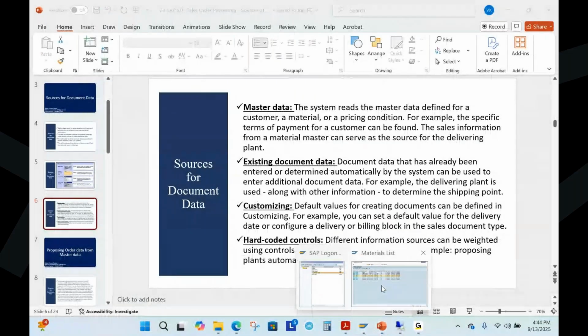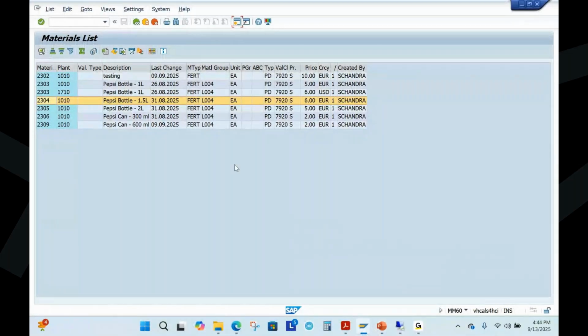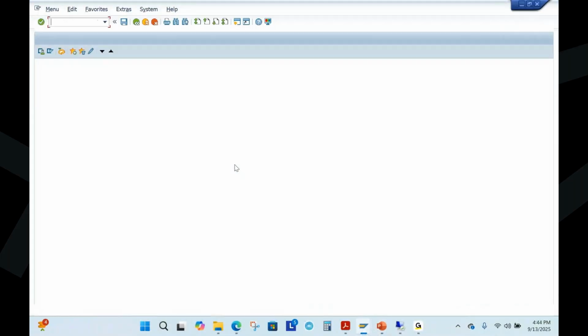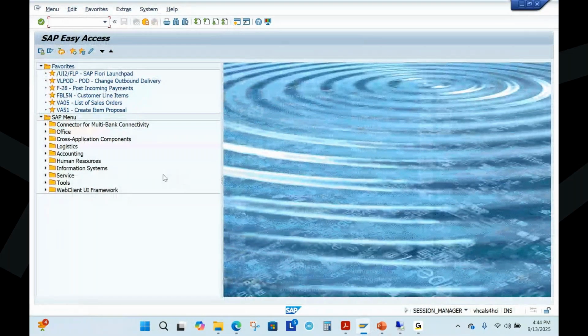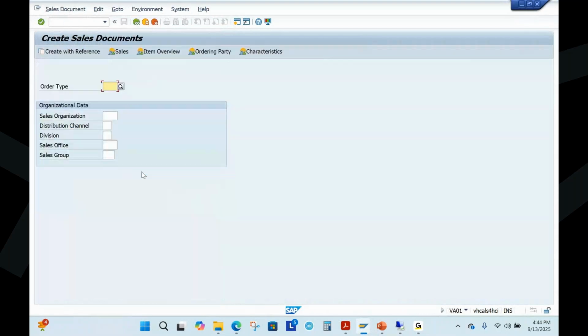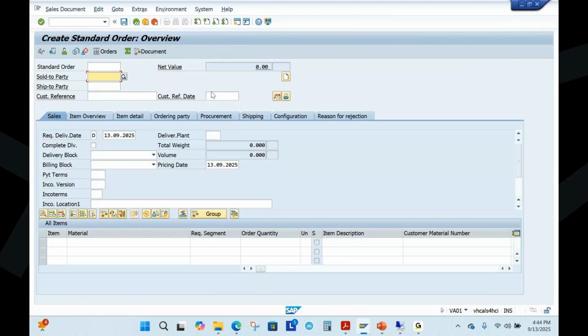Suppose now let's go to the GUI. Suppose in the GUI, I'll try to create a sales order, VA01. When I'm creating the sales order, if you observe carefully, here the customer reference date is blank. I am not entering anything and it is blank also. Suppose let's say there is a requirement like